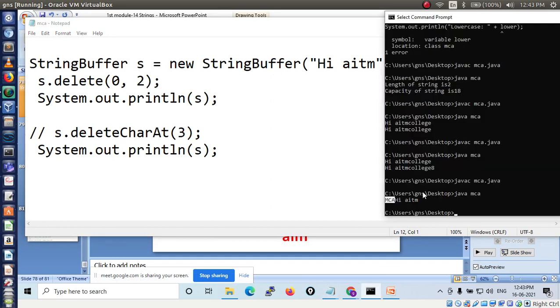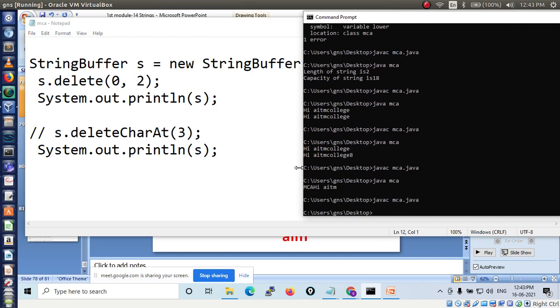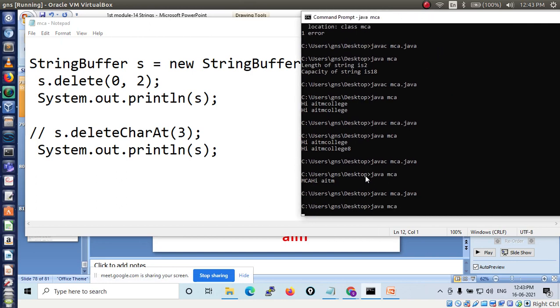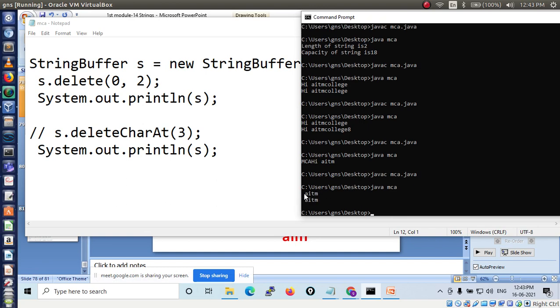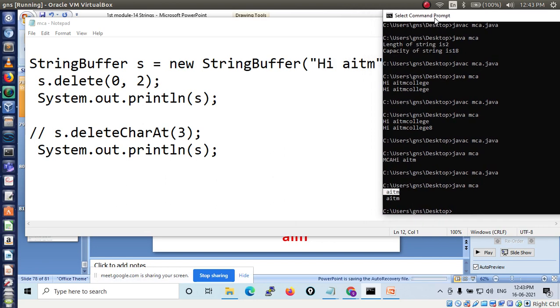Now run this program. See, now your original string is Hi AITM, right?